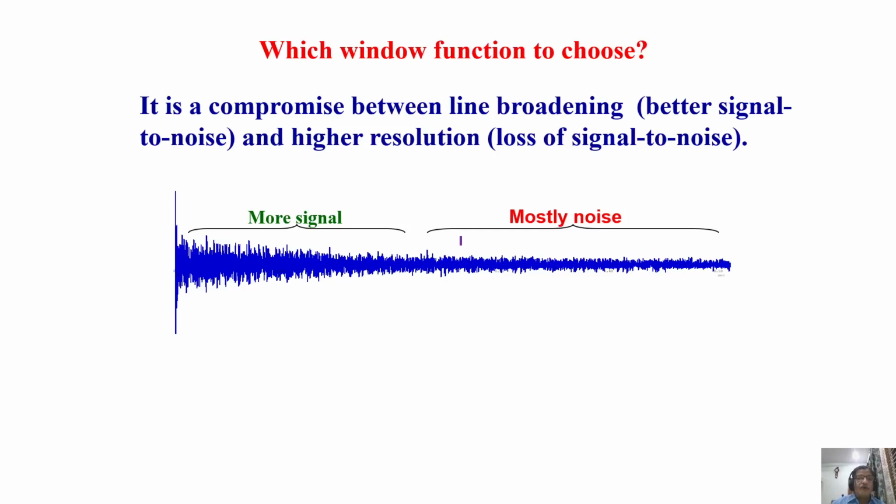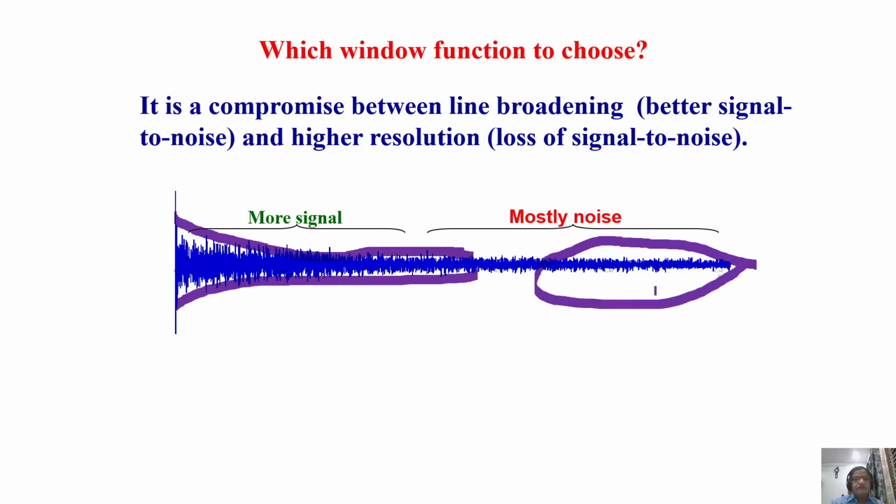Okay. Now, where I use this can be made clear for you from this type of FID. You see, the major portion of this FID, which is containing the signal, is here. This is where the signal lies. Lots of signals are there. But here, mostly it is noise. Okay. Now, if I collect the signal for a longer duration, I told you how to optimize the spectral width in the previous one or two classes. There is no need to collect the signal for infinite time because you will be collecting only noise.